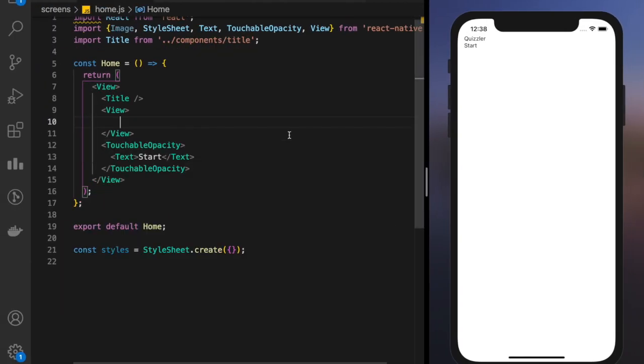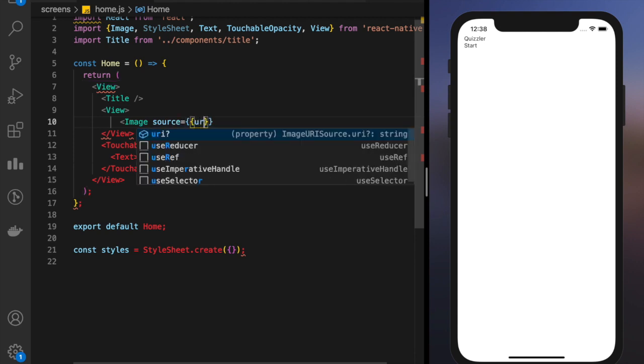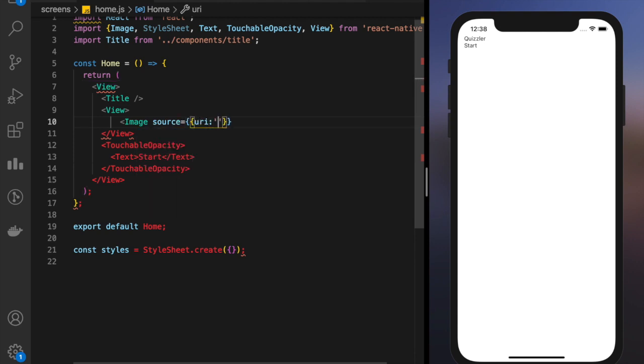So now that we have the URL of the image, we can use image. Make sure that it is auto imported on the top from React Native. If not, import it manually. Now to give the source, you have to give the source a slightly different way from other applications of React or JavaScript or HTML.